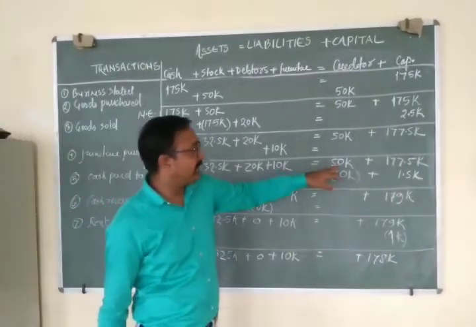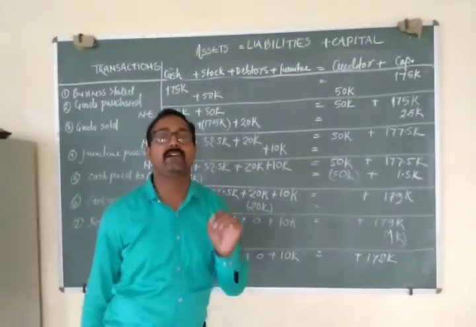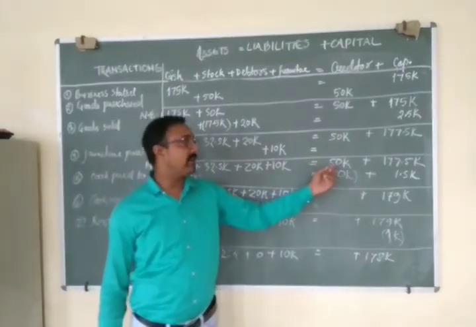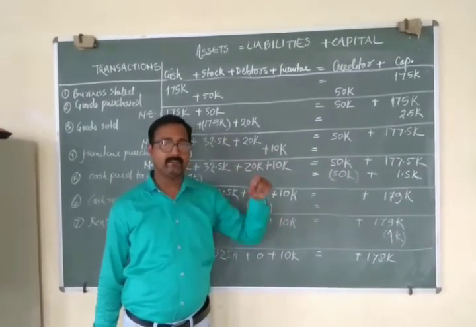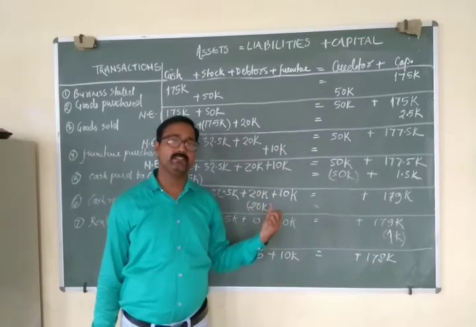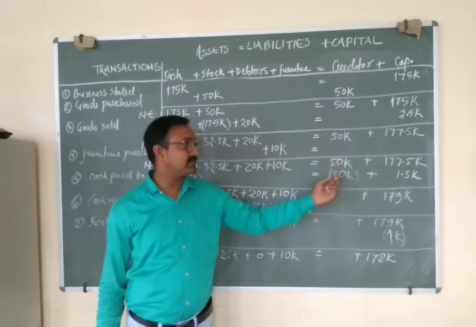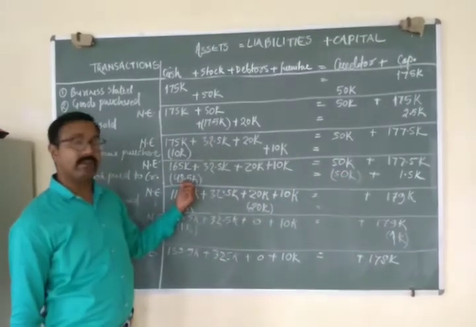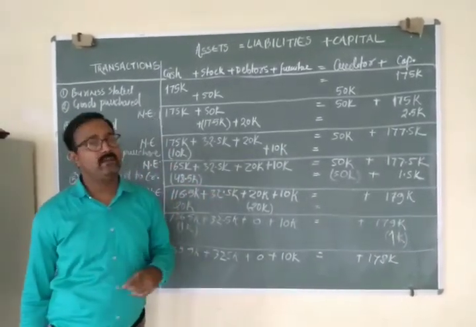The next, fifth transaction, we have cash paid to creditors. Actually, we have to pay 50,000 to creditors, but we have paid just 48,500 in full settlement. Full settlement means whatever amount is due to the creditors, we are not going to pay that; we are going to pay a lesser amount. But even after this, his account should be 0. So it may be 0 when you subtract 50,000. So in place of 50,000, we are going to pay 48,500. It means even in this transaction, we are getting a profit worth 1,500.